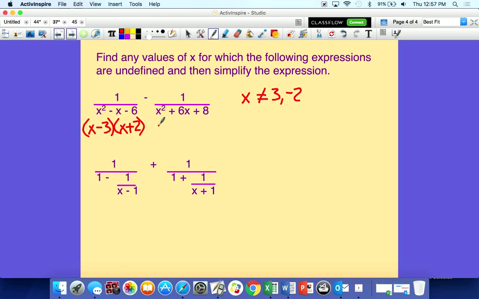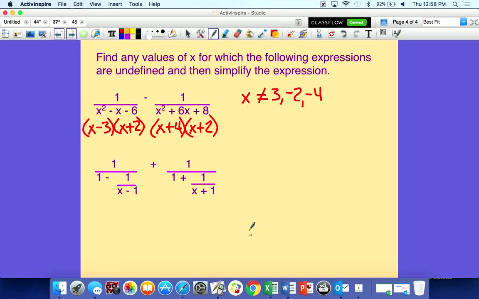When we factor this over here, x plus 4 and x plus 2, set those equal to 0. This would be a negative 4. This would be a negative 2. Well, we already have that, so we don't have to write that again. Alright, now the nice thing about doing it this way is we've already factored the bottom, so we can figure out